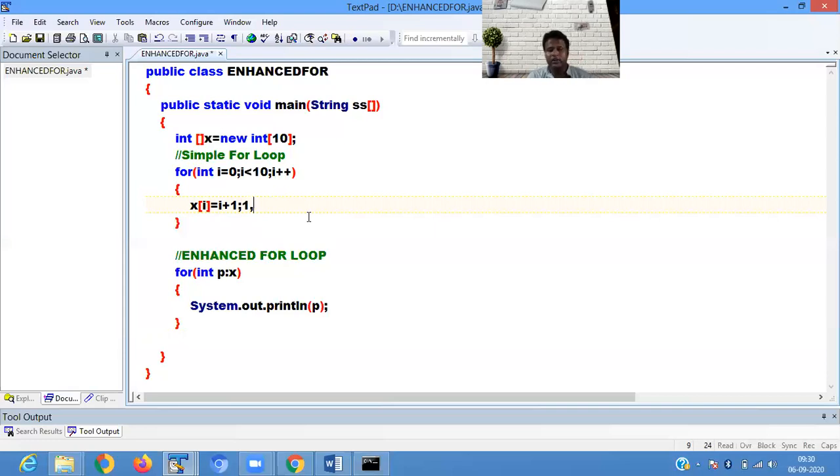Now after storing the elements in the X array, it is time to get the values from the array. So int p colon X. Whatever elements are present in X come to the p and it is printing you all the